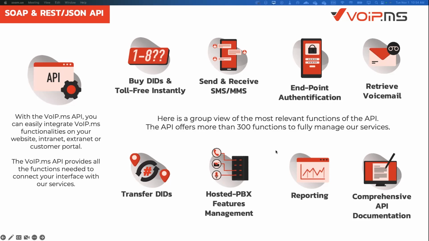With the SMS and sequence feature that we have, at your door, if you want, you can send yourself an SMS, and the sequence will send a DTMF signal to your door panel, and it will unlock it. This is not even with Alexa or stuff like this. It's really through VoIP services, because it's the phone line that gets triggered by the DTMF. So it's complicated, but not that much. There's so much stuff that can be done. So if you're a code guy, go check the documentation, and there are a lot of functions available on the API.